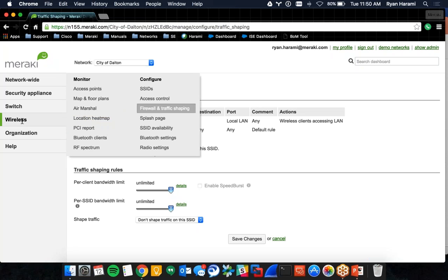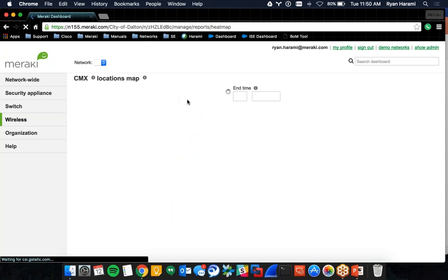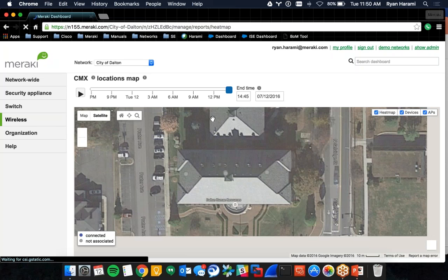Other really cool things that we have built in. We have a third radio built into every single one of our access points, which is really cool because it's used for things like automatically optimizing your RF settings. Of course, access points have these different channels and radio settings and power levels, etc. It automatically optimizes that. And it can even be used to give you some location information. So I don't know if we have this set up here, but this can tell you like a location heat